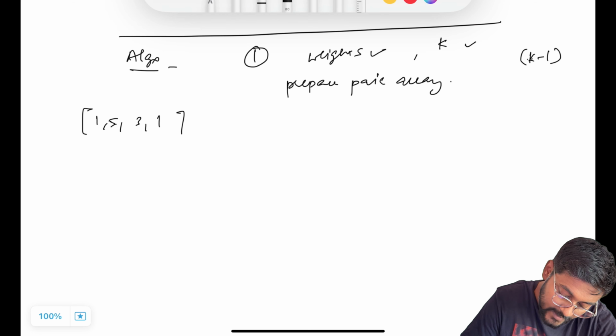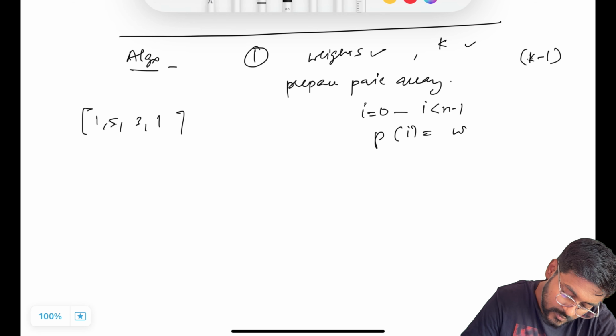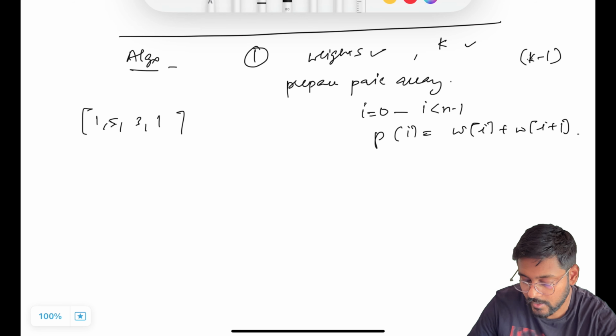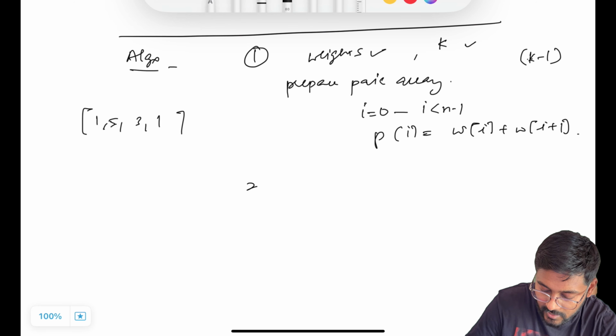So the pair array will be prepared something like this: i equal to 0 to i less than n minus 1, and pair of i is equal to weight of i plus weight of i plus 1. Now the pair array is prepared. And the second part is